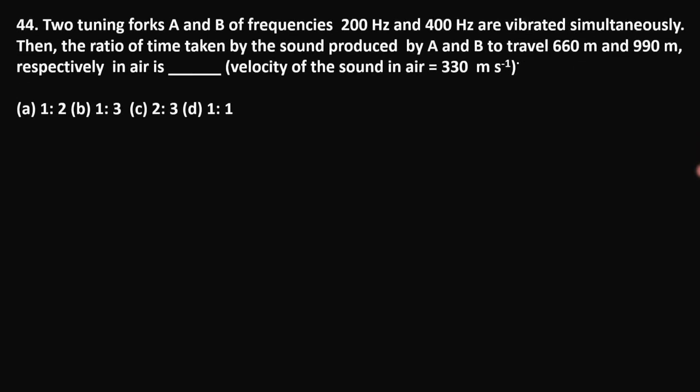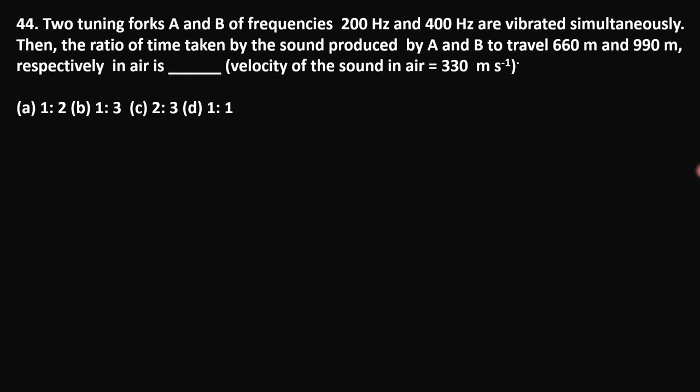So the first numerical is: two tuning forks A and B whose frequencies are 200 and 400 Hz. Simultaneously they are vibrating. So you have to find out the ratio of time taken by the sound produced by fork A and fork B to travel 660 meter and 990 meter in air, and you know that the velocity of sound in air is 330 meter per second. So let's start